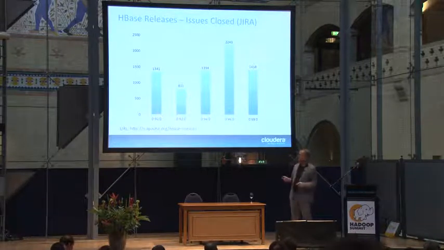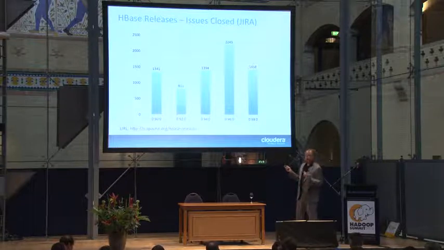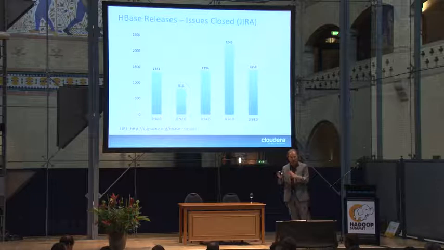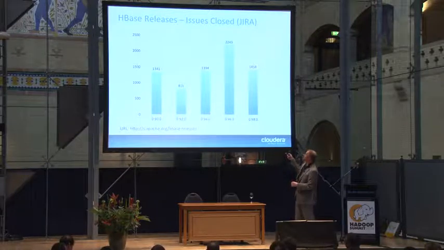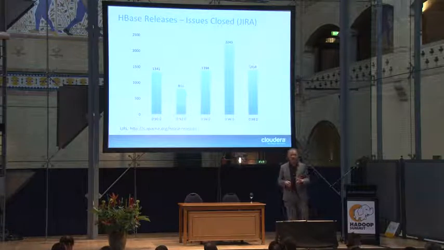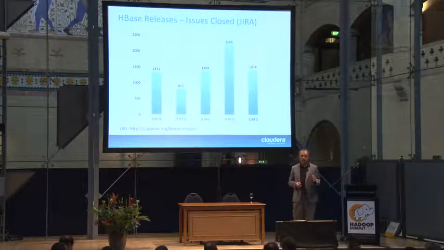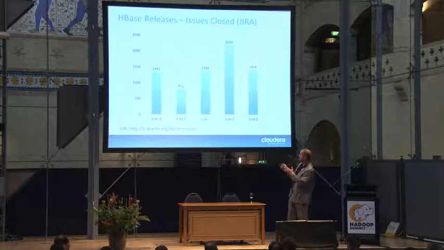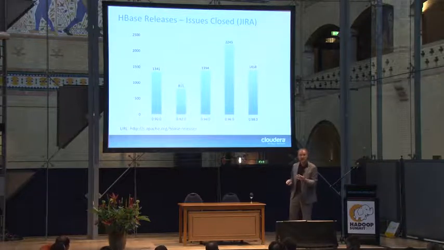But if you look at the numbers, 90 has like 1,300, 92 has 800, and then it keeps on going. You can see the 96, which was the 94 plus 96, keep this in mind, I folded them together. They have quite a lot of updates, and 98 had 1,400. That's what we say on the blog post as well. That's not entirely true. So we went ahead and said, let's look at all of the features that have been added uniquely to a version, so that those JIRAs that appear in, say, 96, but also 98, we don't count towards 98, only count them where they appear first, just seeing what the unique features are.